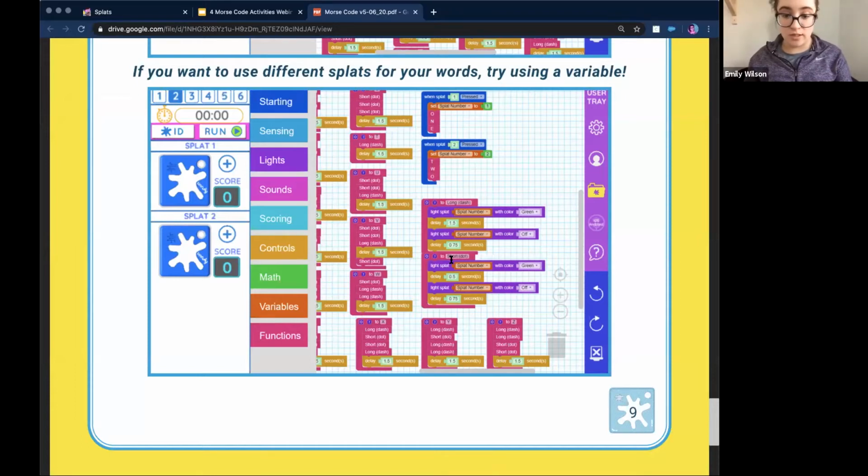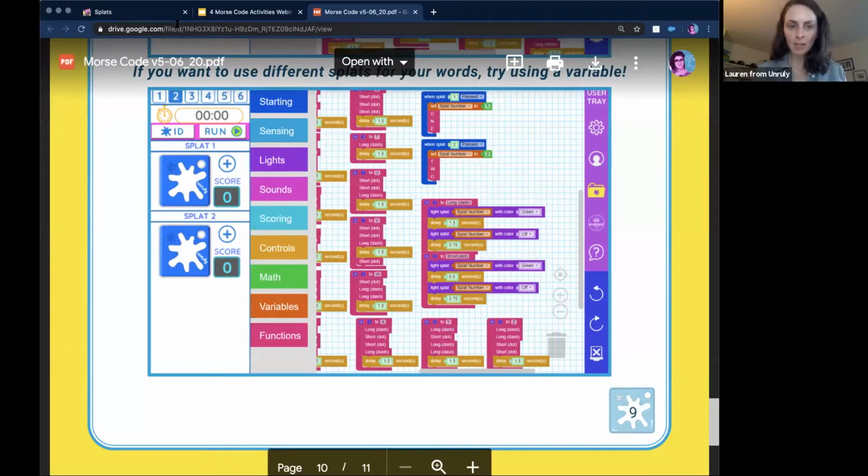And a lot of students will ask this question. So just for your reference, I did want to show you that. A variable is just a label, essentially. So we won't get into it now, but if you have questions about variables and functions, I'm going to do